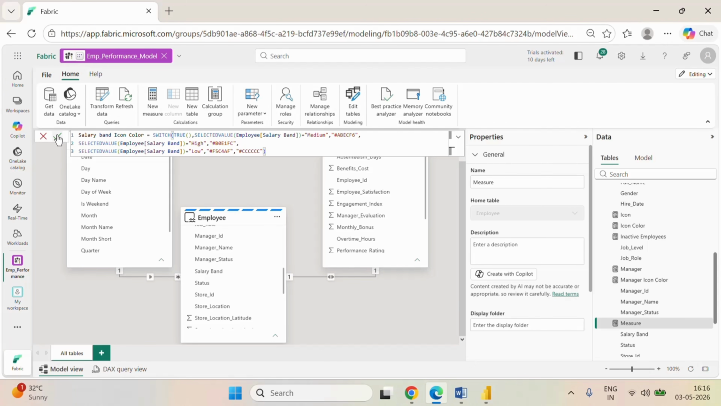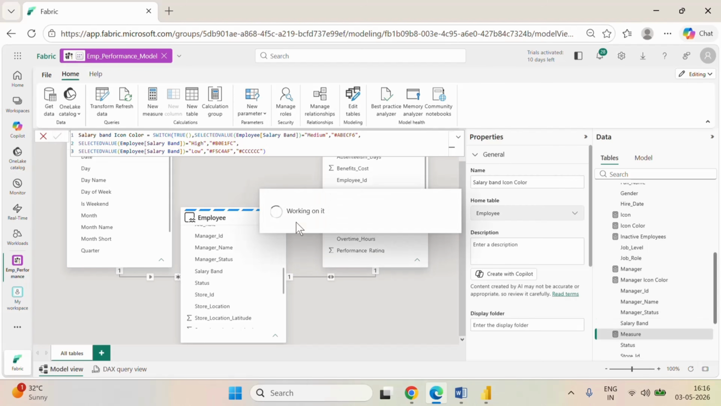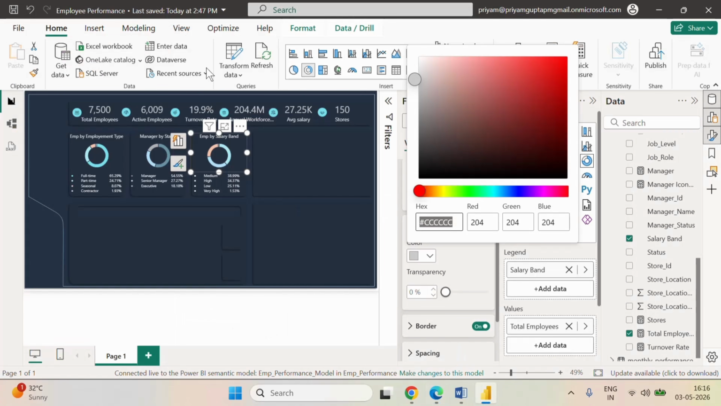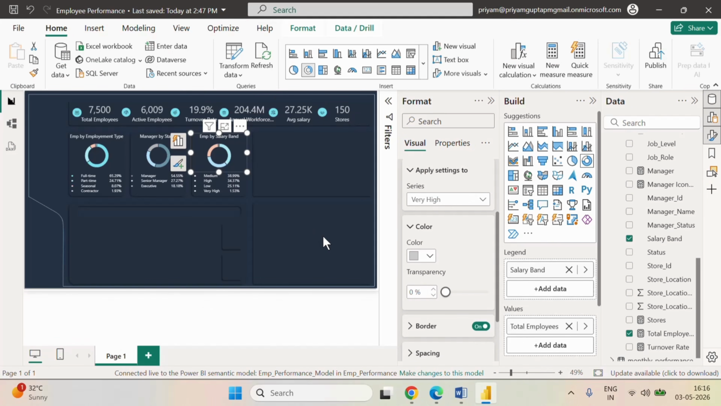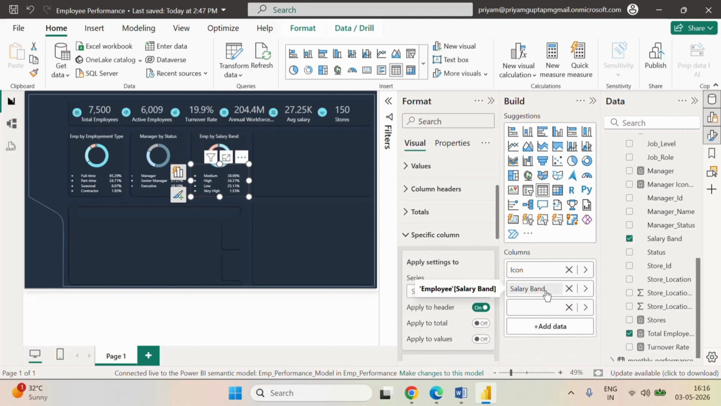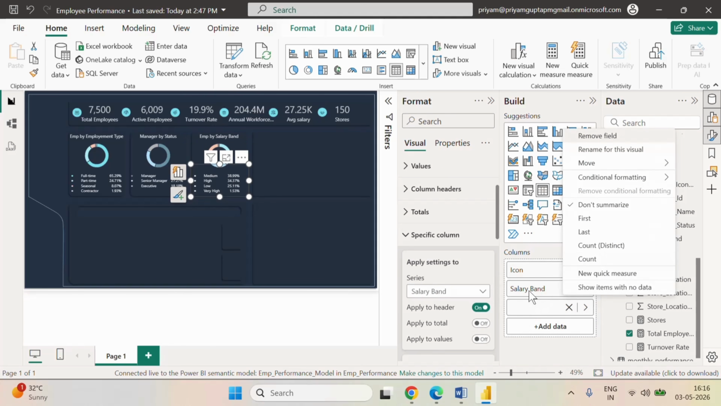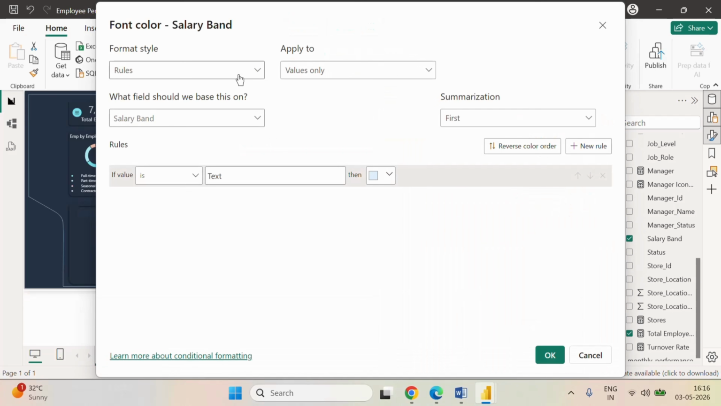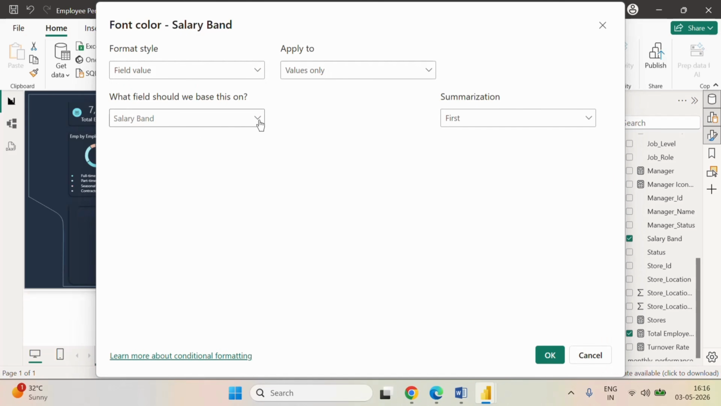Okay, now let me close it. Let me refresh it from here. And now let me select this one. Let me go to salary band, right click, and go to conditional formatting, font color, field value,